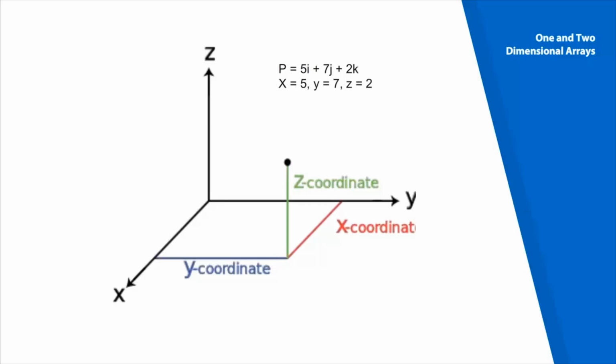The unit vector enables us to associate vector components x, y, z with the proper coordinate axis. Therefore, when we write p as 5i plus 7j plus 2k, we know that the x, y and z coordinates of the vector are 5, 7 and 2 respectively. We can also write the components in a specific order, separate them with a space and identify the group with brackets as follows. We can write [5 7 2]. As long as we agree that the vector components will be written in the order x, y, z, we can use this notation instead of unit vector notation. In fact, MATLAB uses this style for vector notation.